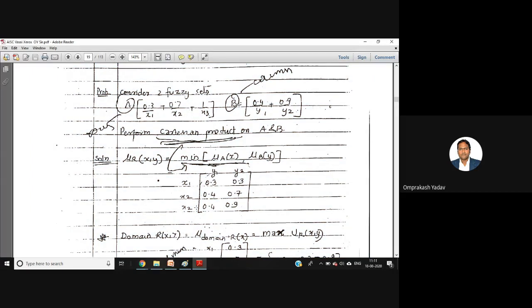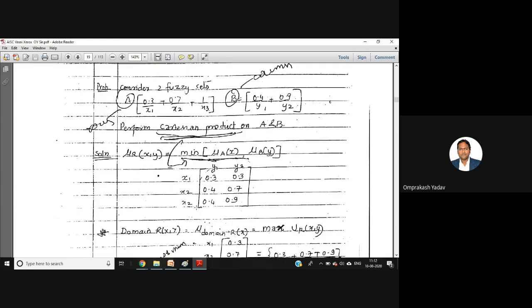So just remember this, how to determine the Cartesian product. Basically, you have to select the minimum of both the membership values. So if it is A cross B, write first the A elements row wise and write the B elements column wise. And then take one by one membership value of A and compare with each and every value of Y. And then just go on putting in the row wise direction all the values, whichever is the minimum value, you just go on writing.